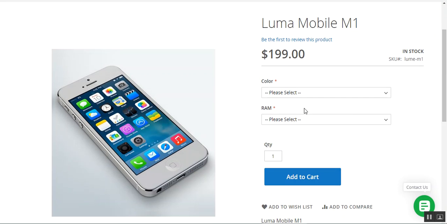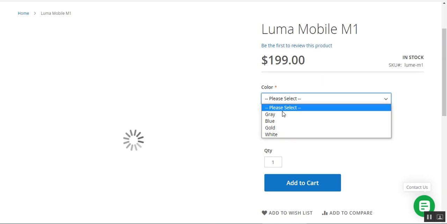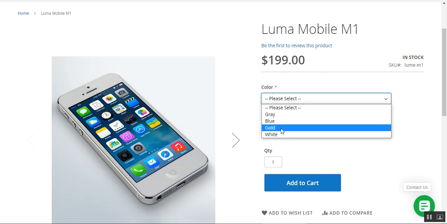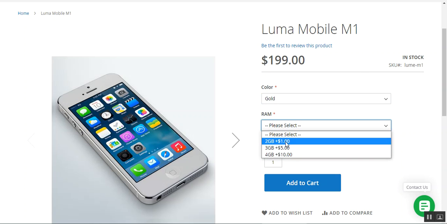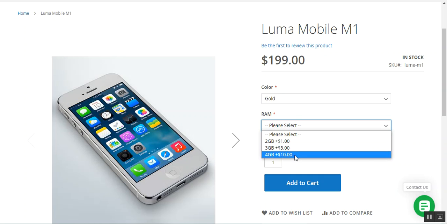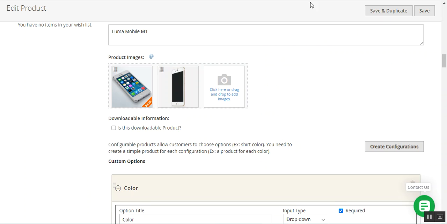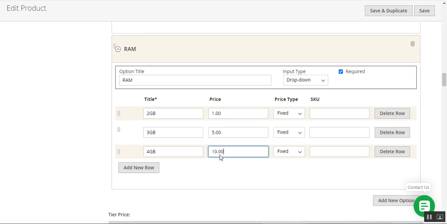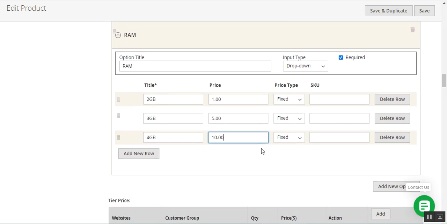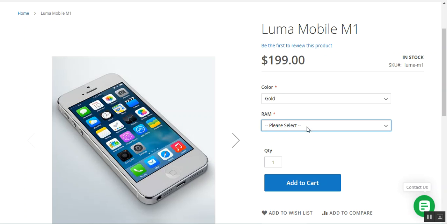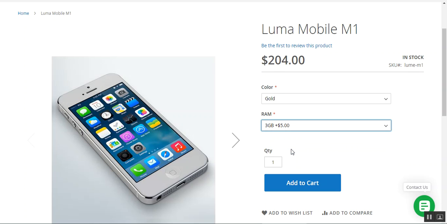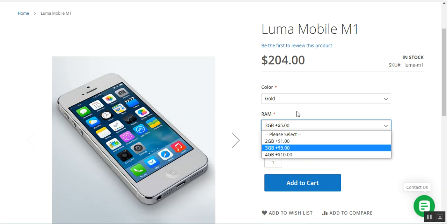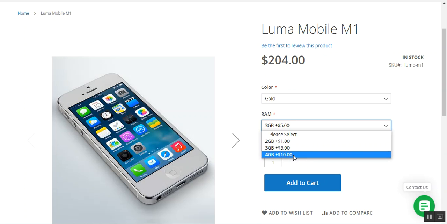So here we had the color. So they are price independent. If I choose any one, the price would not change, but for these the price would change. $1, $5 and $10 for 2, 3 and 4 GB. So if I choose 2 GB, $1 would increase. If I choose 3 GB, $5, that is 204 would be set as the price, and for 4 GB it would be set as